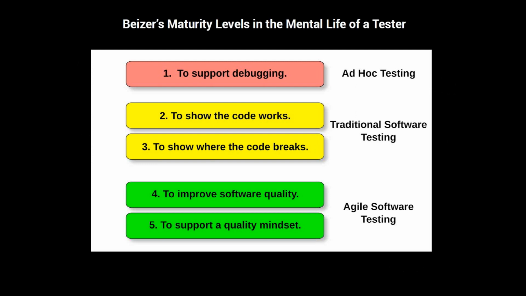We've got to show that the thing does what it's supposed to do. We've also got to show that it's robust enough that it can handle wonky inputs and conditions. I'm going to try and break the data. Now, that worked really well with batch processing, but then in the 1990s with the internet, we started doing applications where people interacted directly. And now we had to up our game, which is now generally called agile software testing,